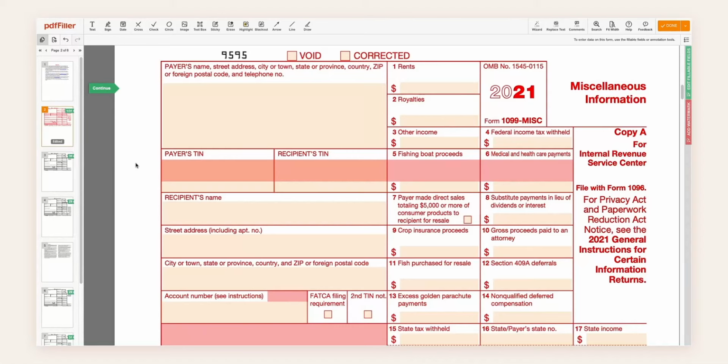Form 1099 MISC, or Miscellaneous Income, is an IRS form that independent contractors and self-employed individuals use to report payments and miscellaneous income, such as non-employee compensation, rents, prizes, awards, healthcare payments, and so on. If you fill out Form 1099 MISC, you also need to complete and send a copy of Form 1096 to